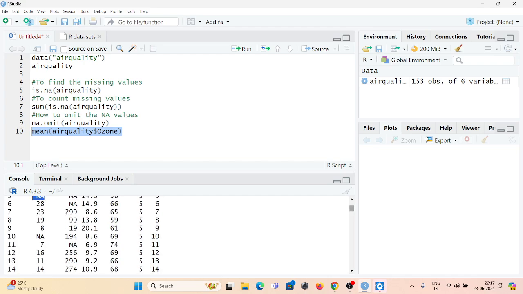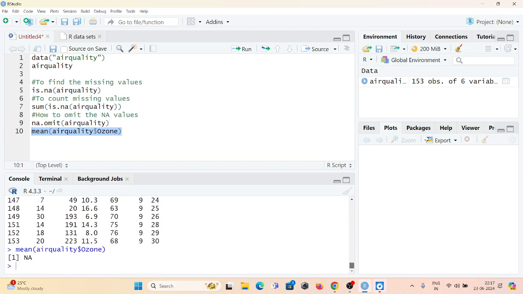So if we have NA values present in a variable and we want to perform various operations, that can be mean, maximum, minimum, median, etc., we won't get the actual value. We do not get anything because missing values are present. So how can we conclude our result? We cannot conclude, right? So whenever I am running an operation on a data set that consists of NA values, I am not getting anything. So the result here is NA, right?